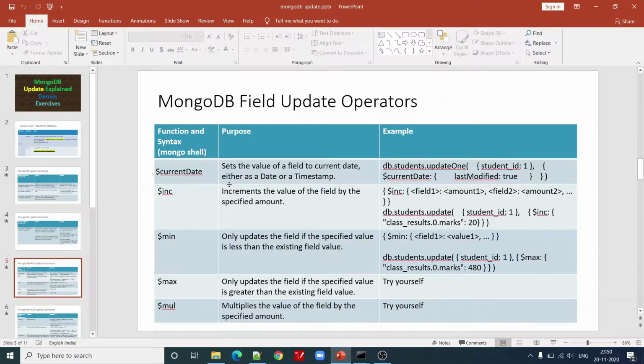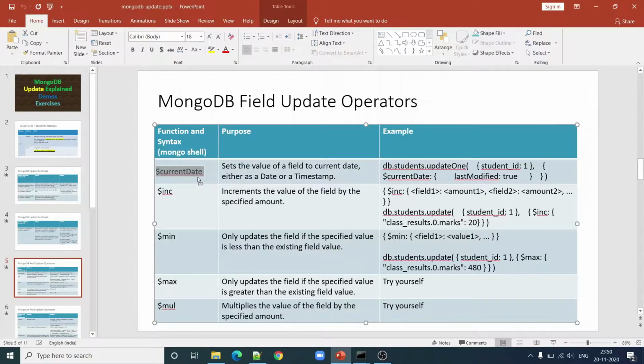So first I'm going to show you how we can make use of the current date operator. Let me try to update the students collection where student ID is 11. We want to update the last modified field with the current date and time.